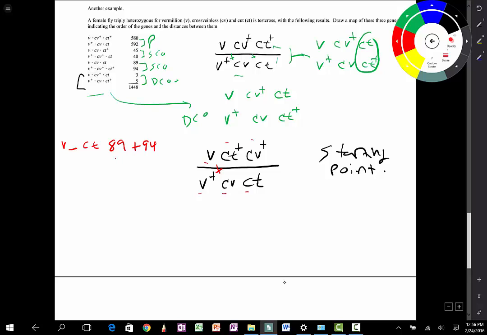We'll also have to put in the double crossovers because we always do that. Then we're going to have a distance between cut and, let me fix my starting point over here. So the starting point is V, cuts in the middle,